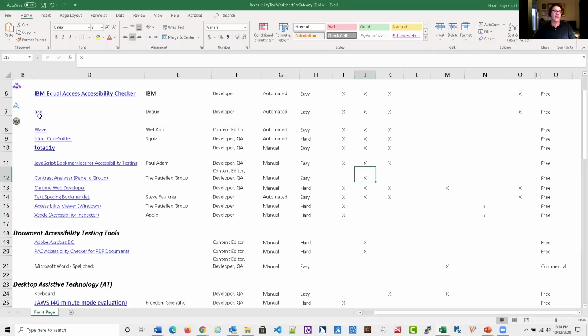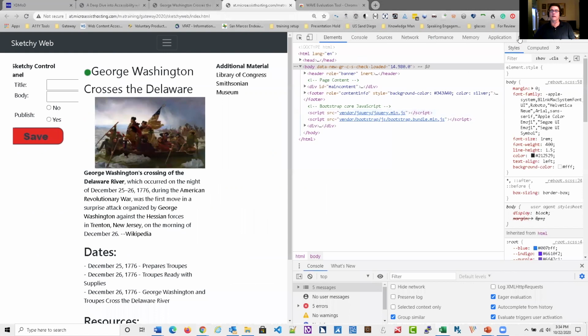So there's ACTS, which is a great one, and the IBM Equal Access Accessibility Checker are good ones. So if I come in here now, with these you have to inspect elements. They're a lot more complicated, and you can look them up if you want to load them, feel free to on the side. So they're more